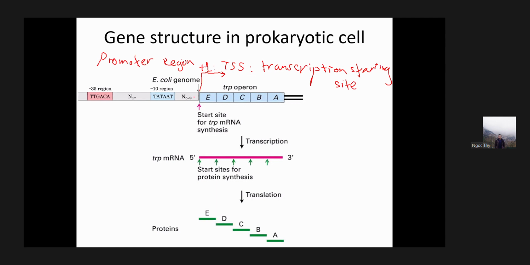Transcription starting site. So the promoter is recognized at these two regions, binds here, and slides until it reaches +1, the TSS, and starts to synthesize the mRNA here. So this is the same between the prokaryotic cell and the eukaryotic cell. But the difference is here, several genes